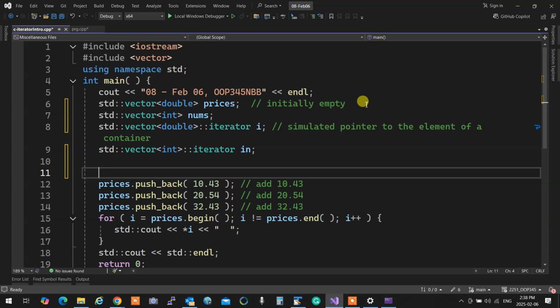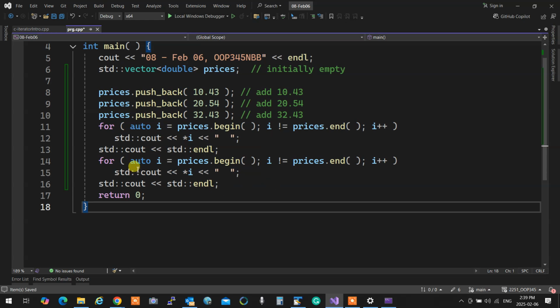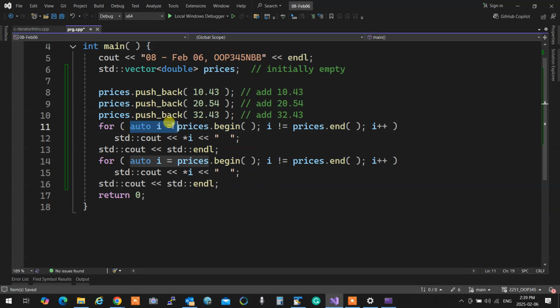Two variables with the same name in a scope. It's still C language. It's not magic. You cannot have two variables or objects with the same name in the same scope. If it was in an inner scope, that's why I copied the other two, because now it's standardized. When you write auto i, this i is in the for loop. The scope of i dies when the for loop is done. That's why you can do it like that.